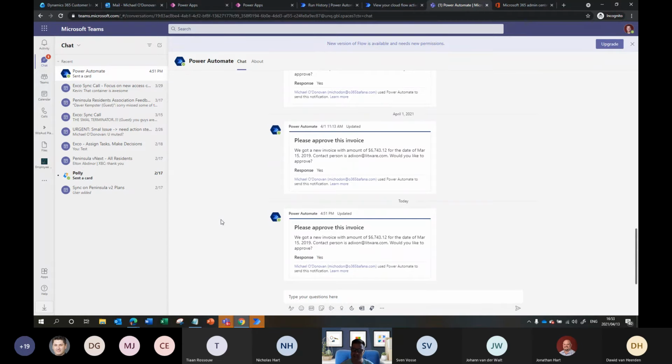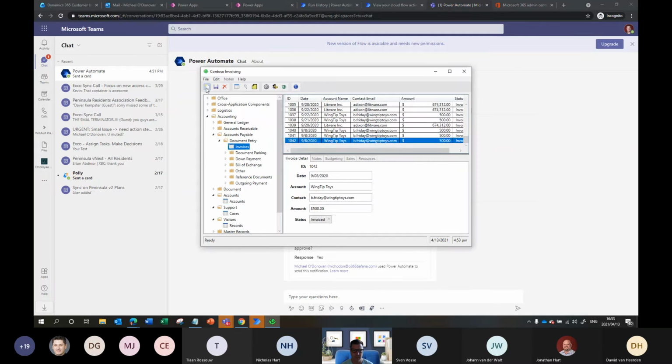And what I should have really done is just made sure my gateway was running, which I forgot to do. But I think it is running. It usually is just always running on my PC. I'm not touching anything, and now I'm just going to wait. And in a moment, my desktop flow should fire up and drive that Contoso invoice. Here we go.